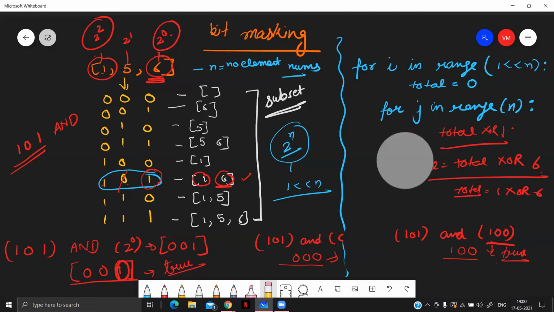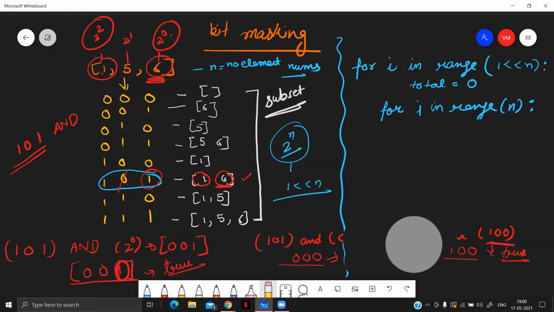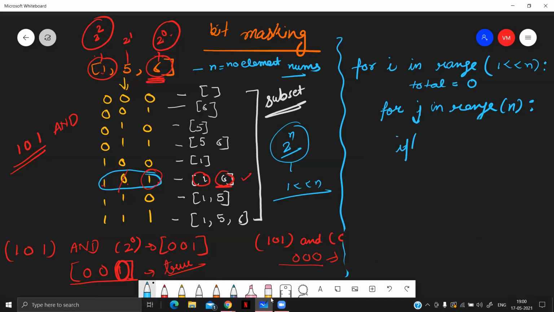So for this, we have written the code till here that we are going to run a loop over the elements present in a particular mask. Now, what we will do, we will check if I is the mask. Here I will mention I is a particular mask.